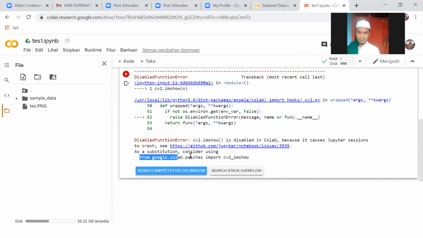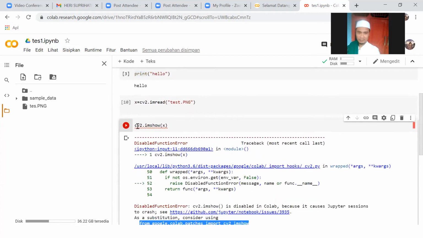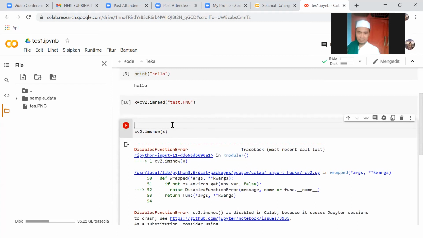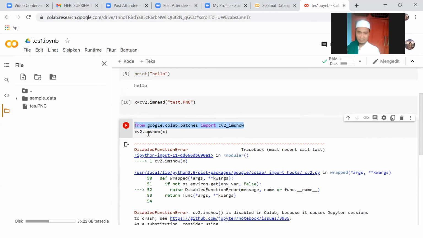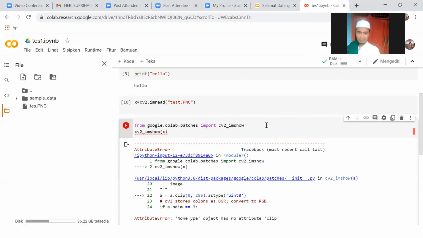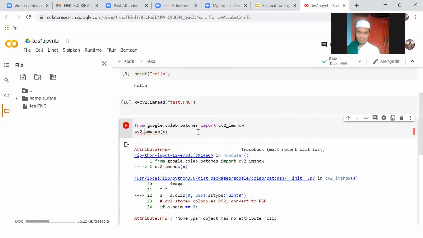Okay, we just use here. As a substitution, consider using, okay, we just follow the instruction. So we just add here, okay. But of course, you can use this in here also the next time. And this is cv2_imshow with underscore. I don't know why Google Colab did not use the dot here.